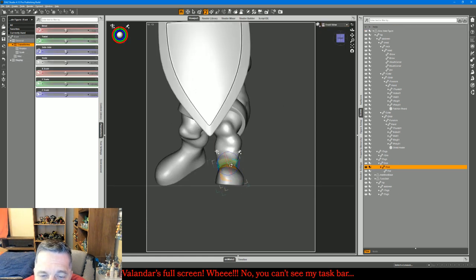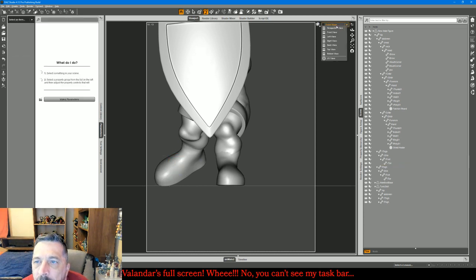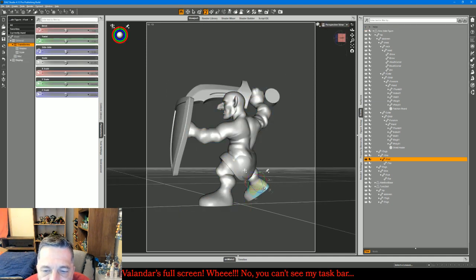We got to move the foot. Twist it that way. And then we're going to move the toe a lot, and then Control D to drop it, and then now just a little bit. Now we're going to select both feet and pin them. We're going to go to back view,